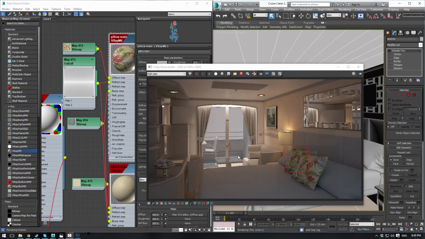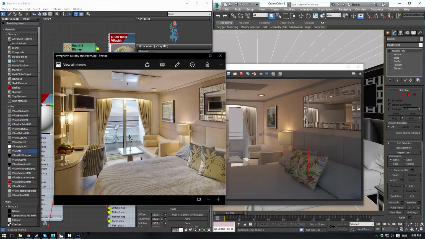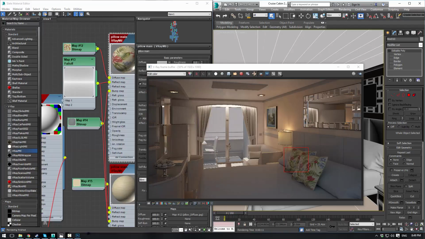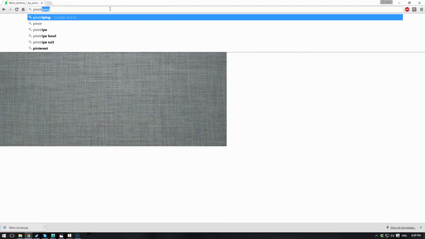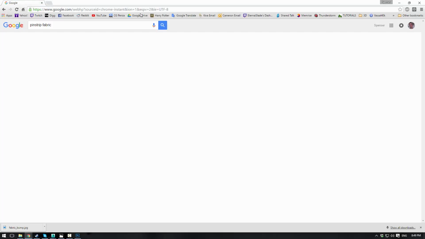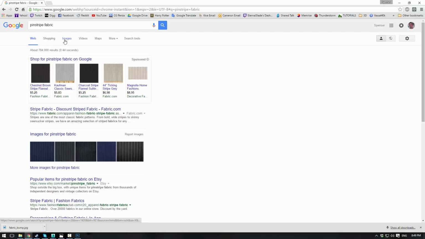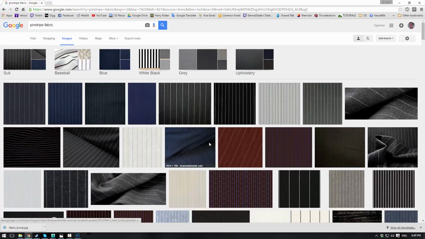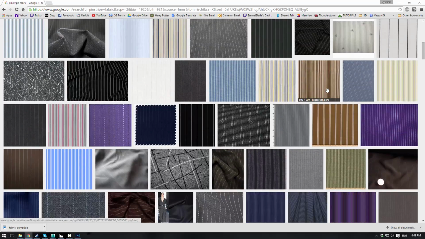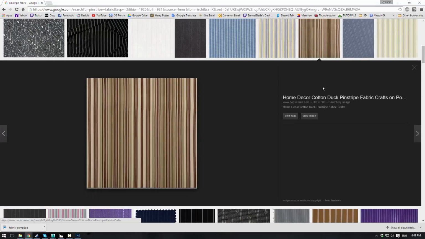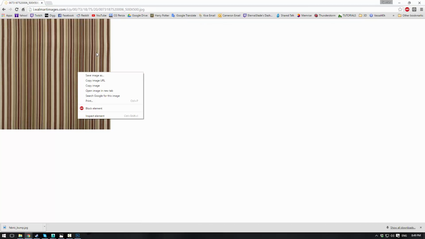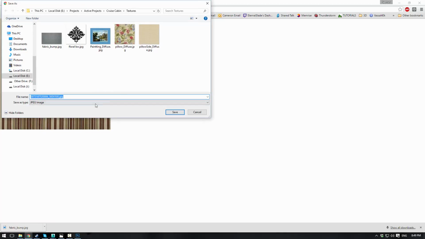So now let's find a sort of pinstriped material here for the chair. Alright. So, handy in Google, and let's do pinstripe fabric. Oops, pinstripe images. Let's see if we can find something similar. This is actually really close, extremely close. So, let's save image as chair pin stripe